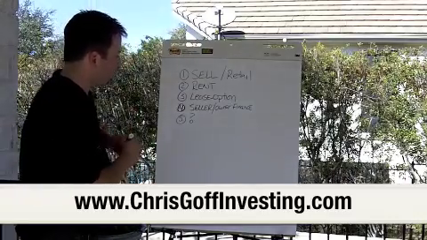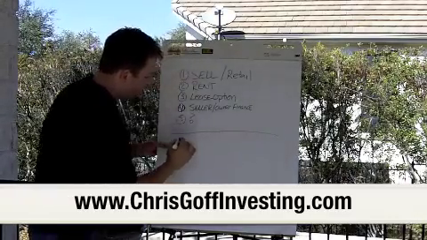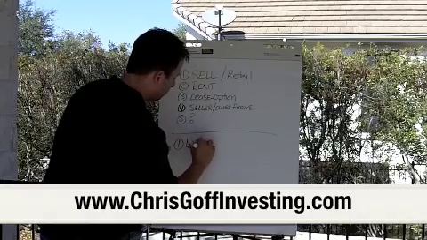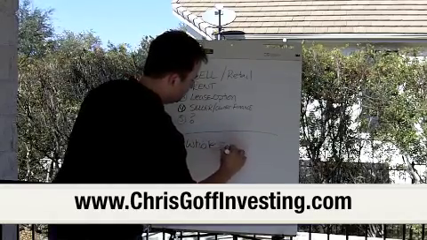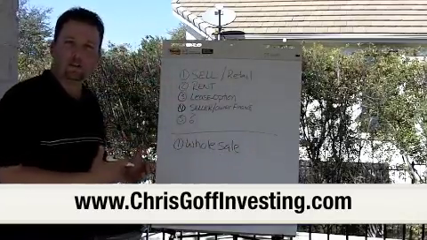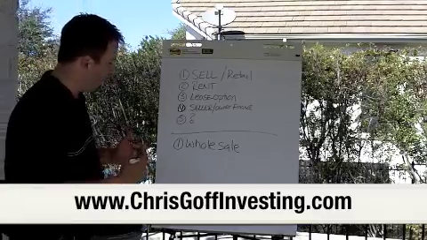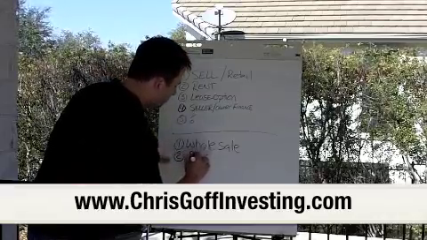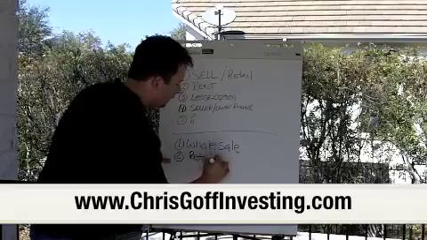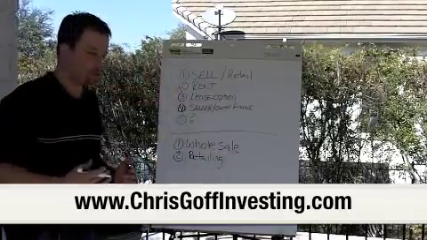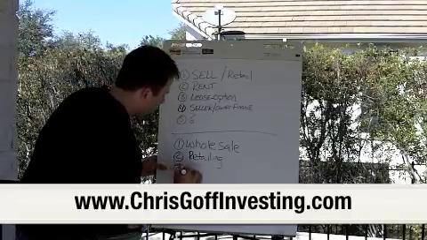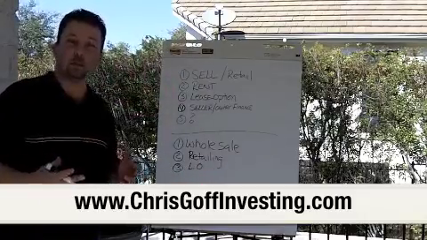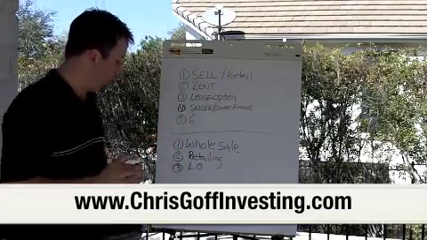Now you may be asking yourself, what are these 5 methods? Well, let's start from the top here. The very first method is what we call wholesaling or assignments. I'm going to go into a little bit of detail on all these strategies as we move along. The second strategy is what we call retailing, where we go in, buy a house, fix it up, and then sell it to a new consumer. Method number 3 is what we call lease options. I'm going to abbreviate it here with an L and an O, but a lease option, a lease purchase, a rent to own, it's all the same thing.